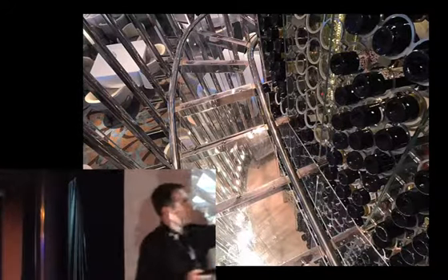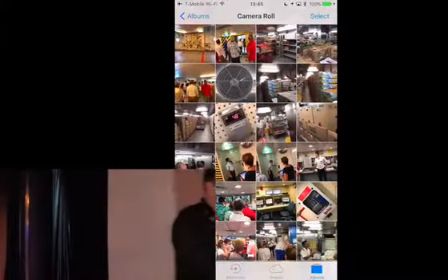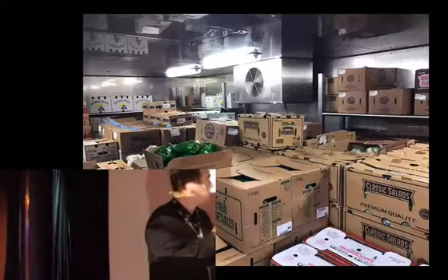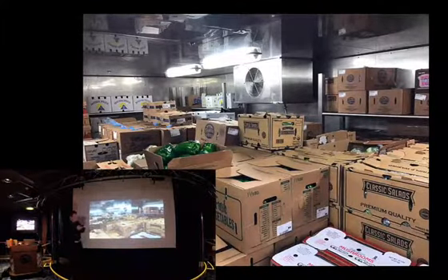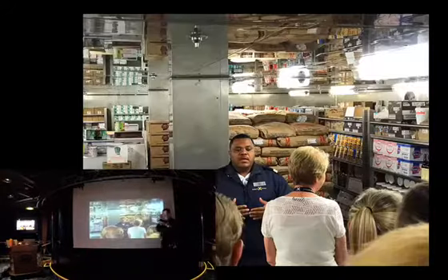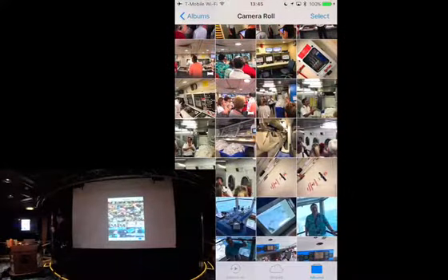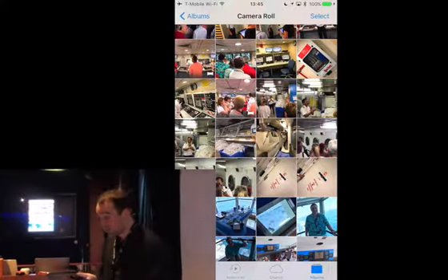This is actually the inside of the wine cellar in the dining room. You actually get to go inside of the wine cellar. You get to go to the engine room. You get to see a lot of things that you wouldn't normally see. This is where they keep all the beer that you drink. No, that's vegetables. We don't do that. Sorry. That's where they keep all the different food and different things like that. It's very cool. It's called the Inside Access Tour. They do it on the sea day mornings. You can check with the Shore Excursions if you want more information about that.